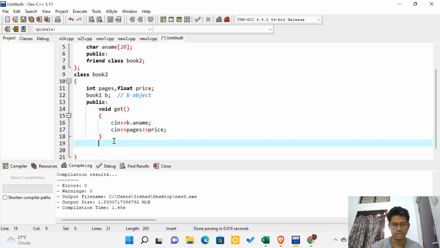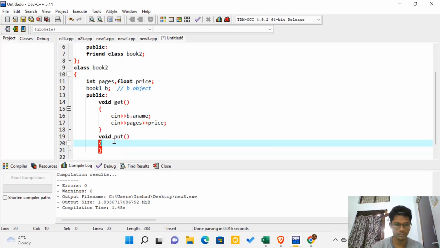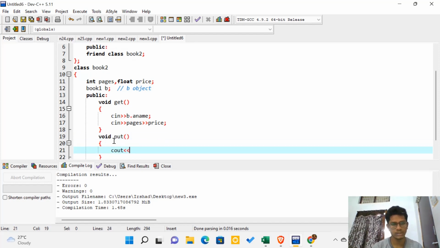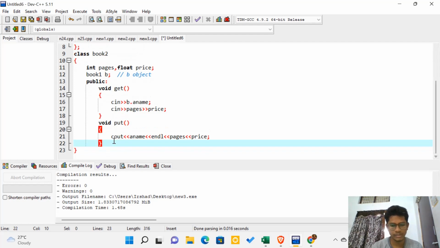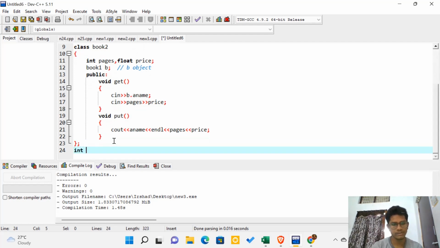After that, we have to simply print it. Void put: cout author name, and then pages, and then price. Okay, this is the closing of my second class. In my main function, I'll be calling directly